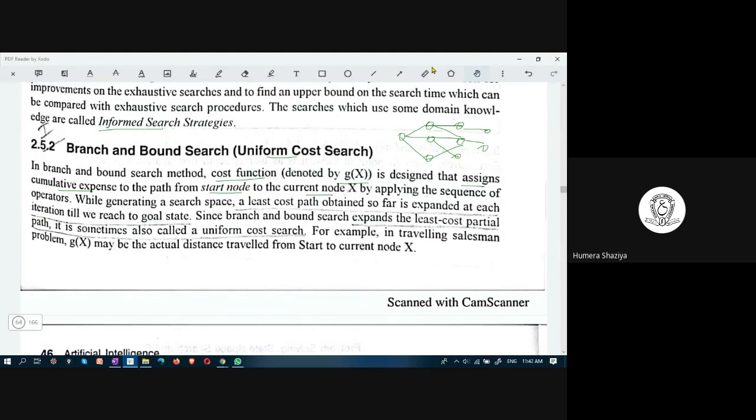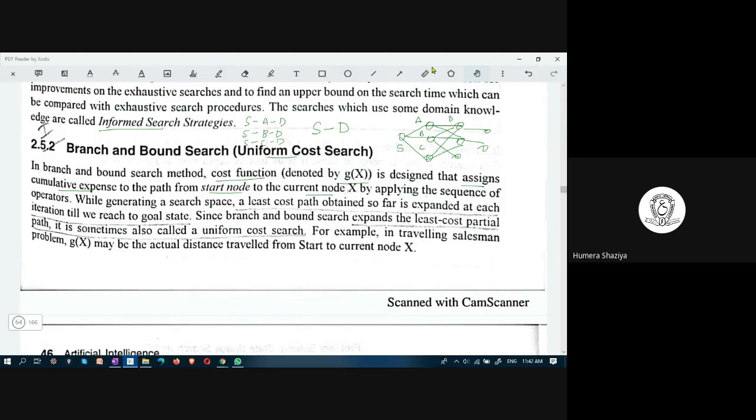This one are A, B, C, D. To reach from S to D, what is the cumulative cost? Cumulative cost means what? There are paths like S to A to D, S to B to D, S to C to D. These are the paths available.